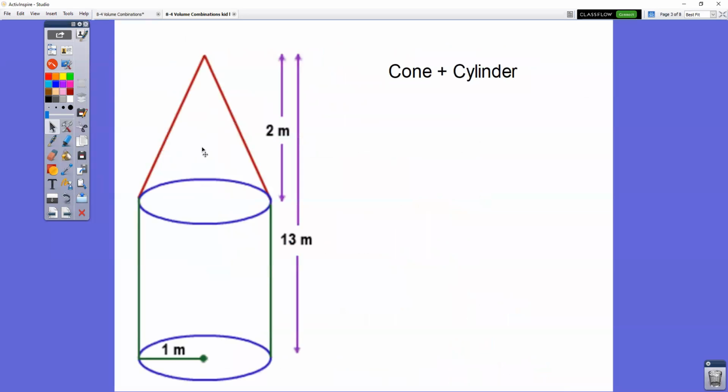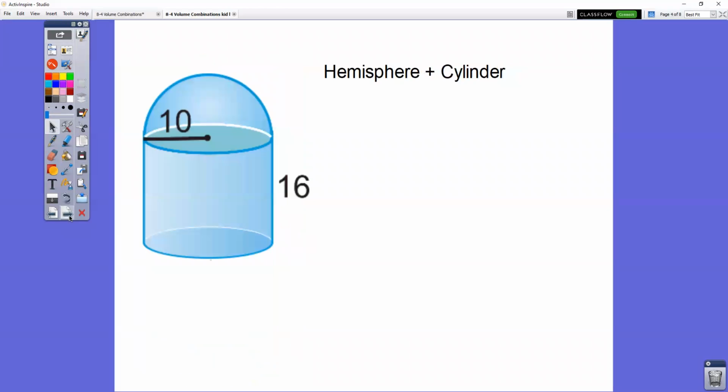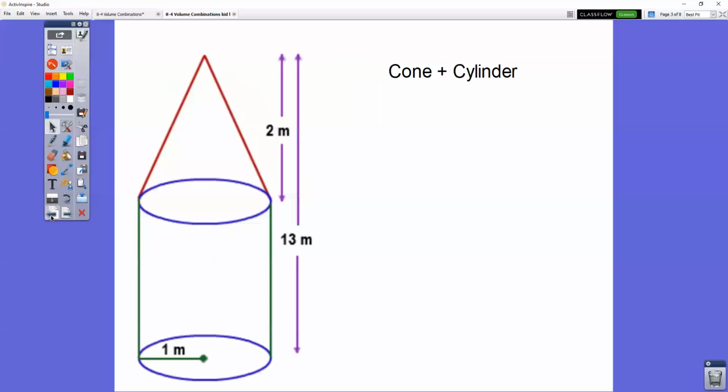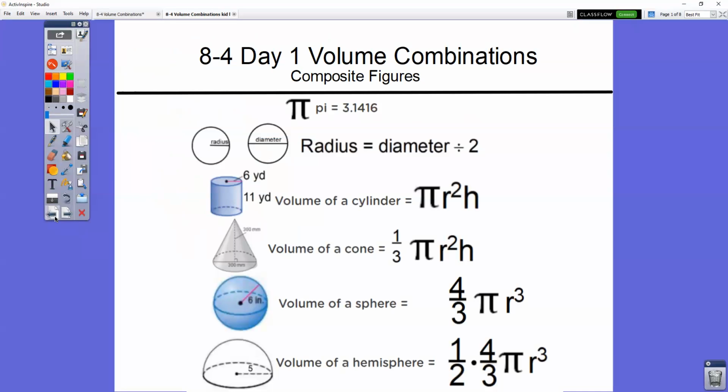Or maybe like in this one, you have a cone sitting on top of a cylinder. So you have to add together those two volumes. Or like in this one, we have a hemisphere on top of a cylinder. So you would have to add together those two volumes. So remember,